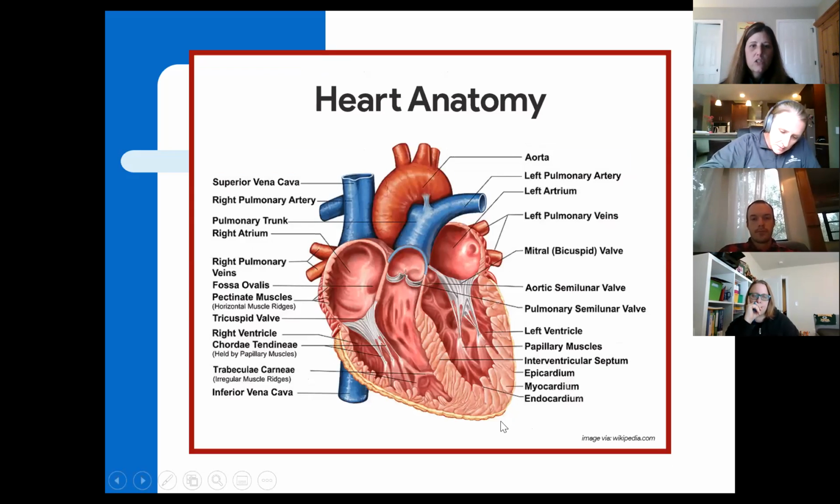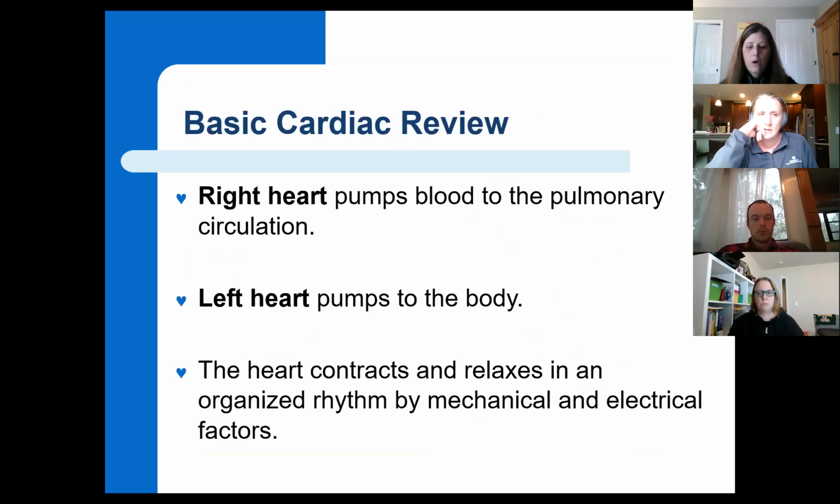Just a cross section so you can see inside. Remember, on the patient's right side of the heart, when the blood moves from the right atrium to the right ventricle, it has to go through that tricuspid valve. And on the left side, it has to go through that mitral valve. You see how the right atrium receives the blood. The venous return goes to the right atrium, and then we ship it back out to the lungs to get oxygenated, and then it comes back into the left atrium, and then from the left ventricle out to the body. Okay,